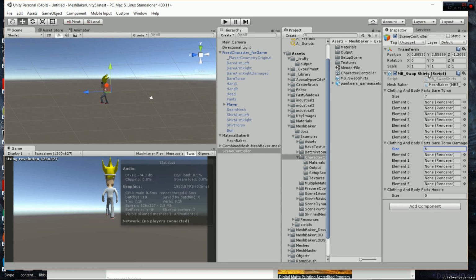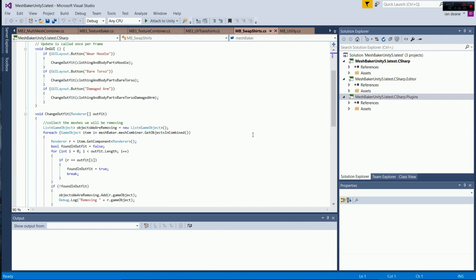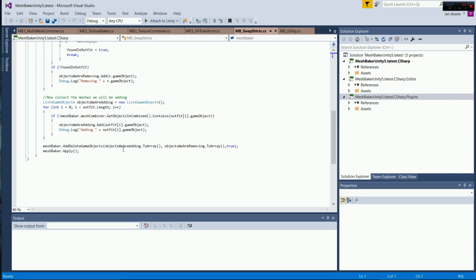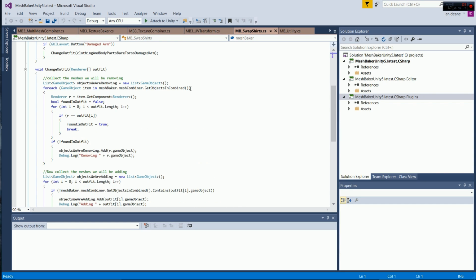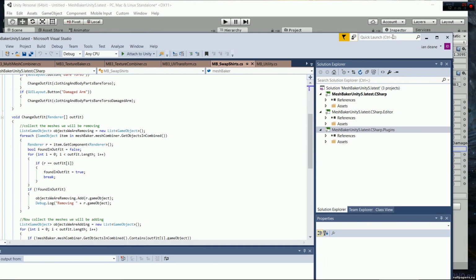So this script, it's very simple. Let me show it to you. It's not really designed to be usable directly in a game. It's just a starting point. So it's an example, very simple, showing how it works. It's only about 50 lines, and about half of those lines are the buttons that let you do the switch. Really, it's just this outfit that changes things. So you can use this as a starting point,